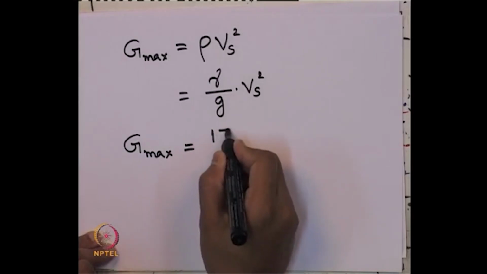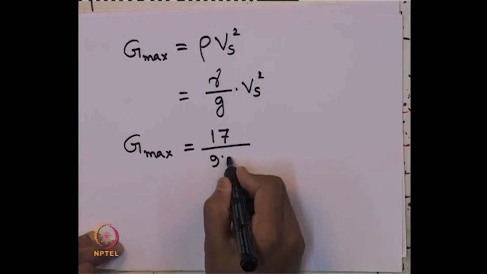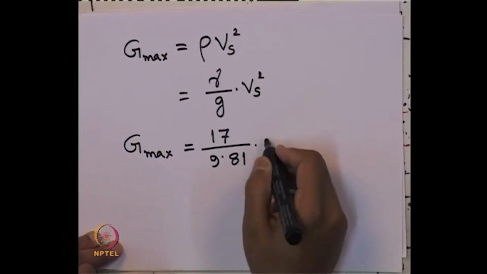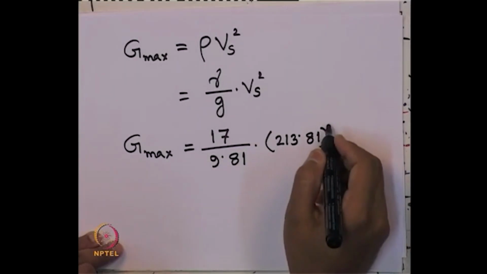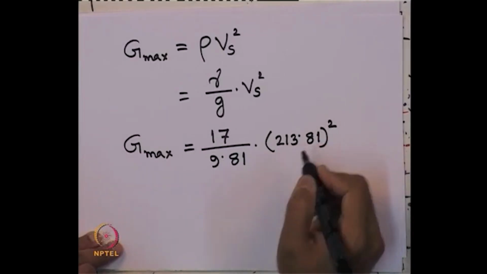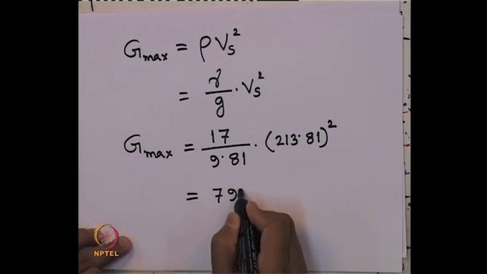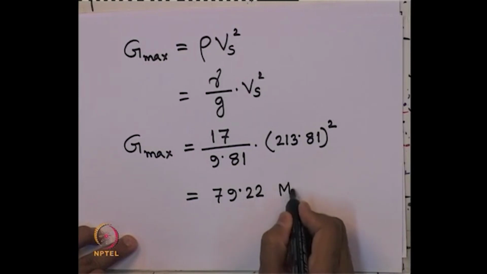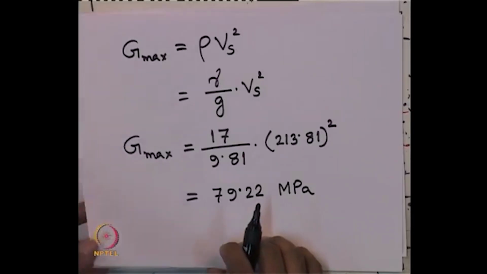Gamma is given as 17 kilonewton per meter cube, g is, we know, acceleration due to gravity 9.81, and Vs we obtained 213.81 meter per second, squared. So, by solving we are getting it as 79.22 MPa, megapascal. So, that is the value of G max, which is the answer of second part of this question 3. Now, let us come to this part,